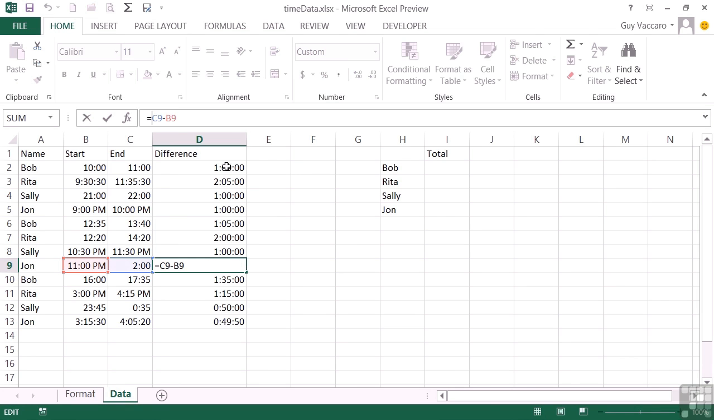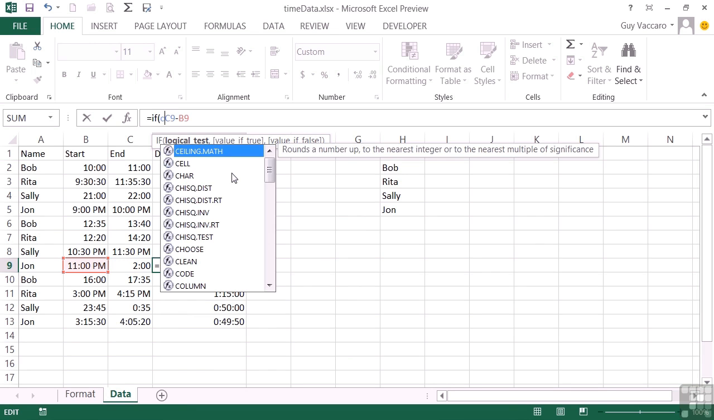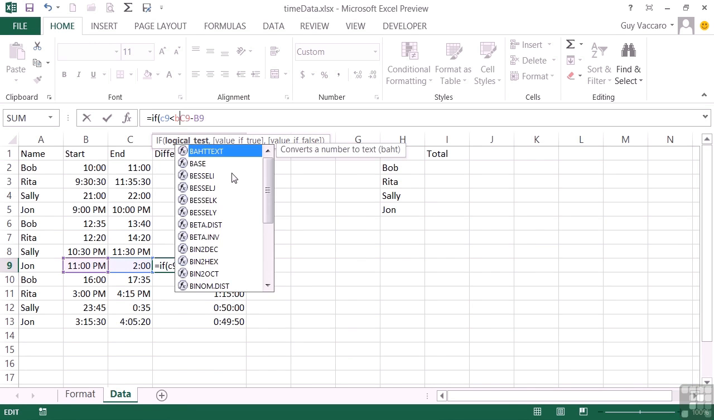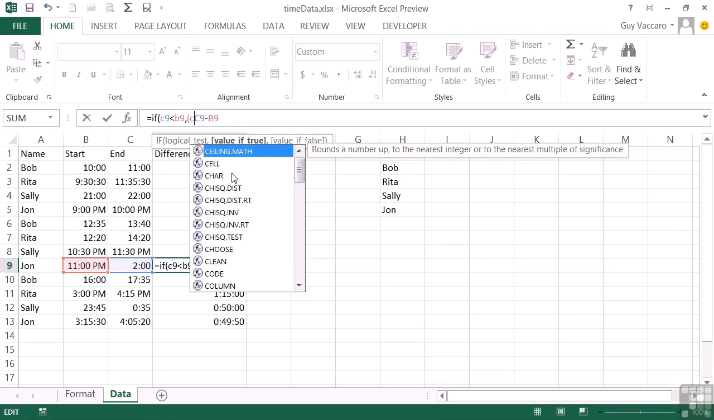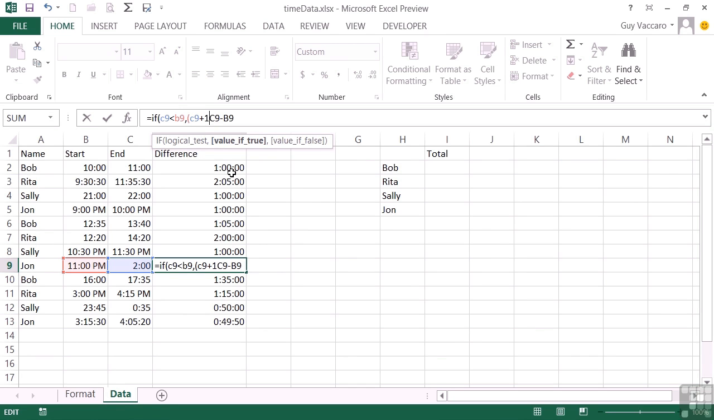And we'll say equals IF. Okay, so if our time is going to go past midnight, so we're into the next day, then what we need to do is check that that's occurring. So if C9, so if our second time is less than B9, so effectively it appears the second time is actually earlier than the first time, but we know it's not, it's gone through midnight into the next day, then what we want to happen is let's add 1 to the second time, and 1 is a day, so that takes us into the next day, and then we'll take away the B9,